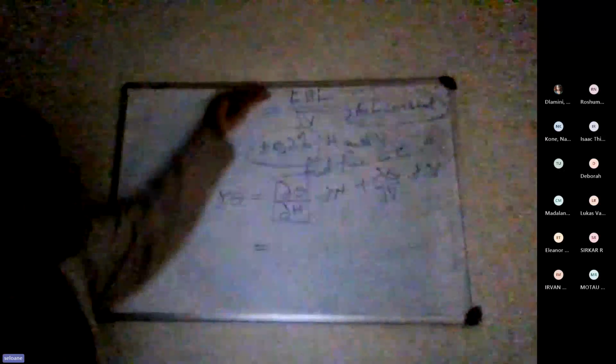Delta theta is equal to how much? You must now find the partial derivative of theta with respect to H. From here,